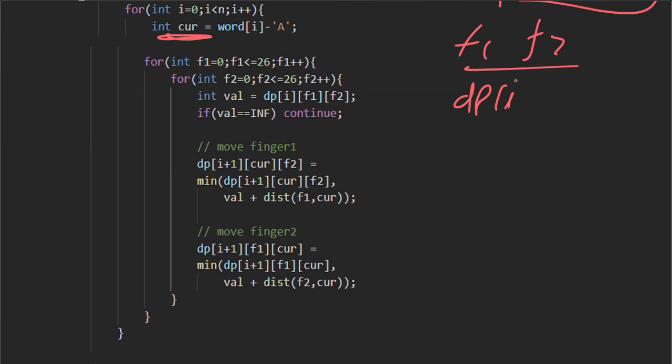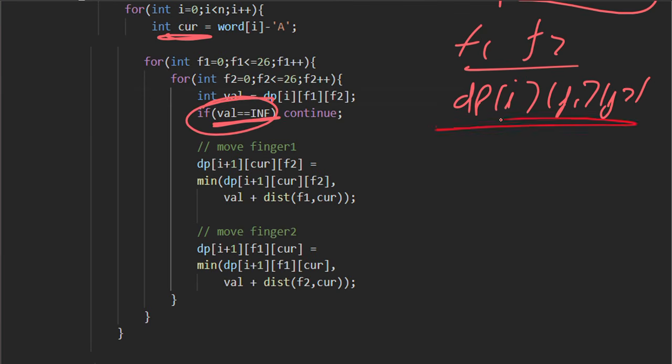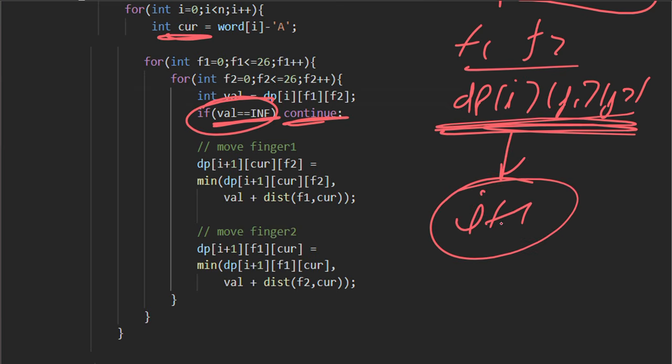If dp of I, f1 and f2 is not calculated, meaning the value is infinite, that means this state hasn't been calculated earlier, then we won't be using this state. But if this state is calculated earlier, then we use this state to compute our next states, that is all the states of I plus 1, right?